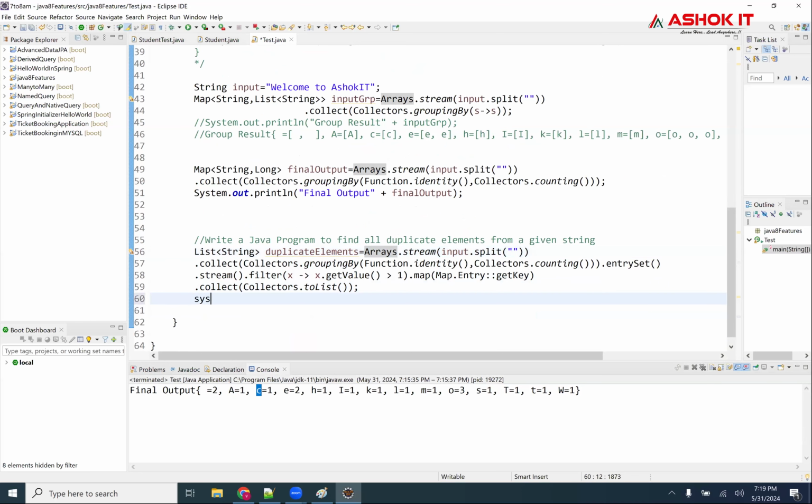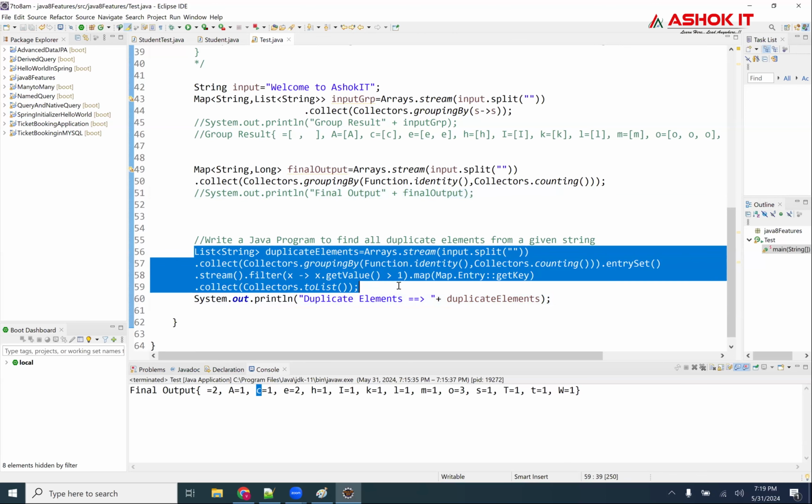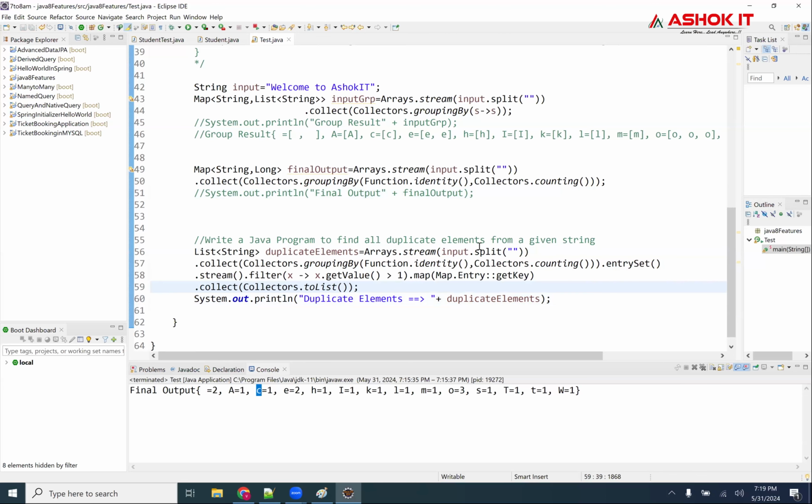Now I'll print out, I'll list out duplicate elements is equal to plus, I just want to print this, guys. So we are adding extra logic here, guys. Everything, these are very, very important from our point of view, especially from an interview point of view. You need to write this code, at least pseudo code.